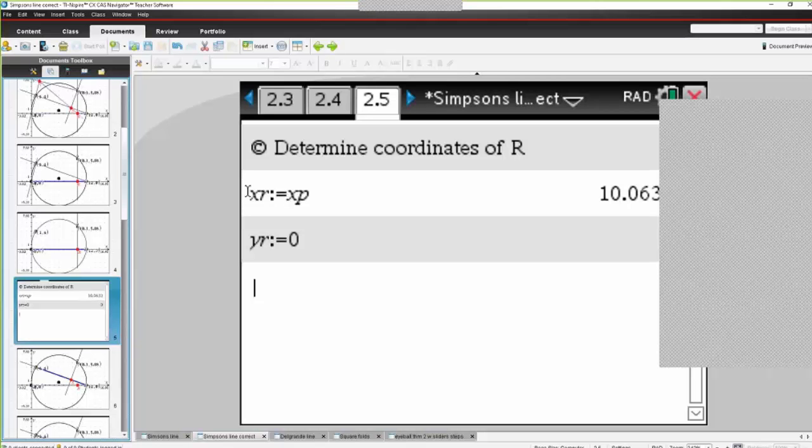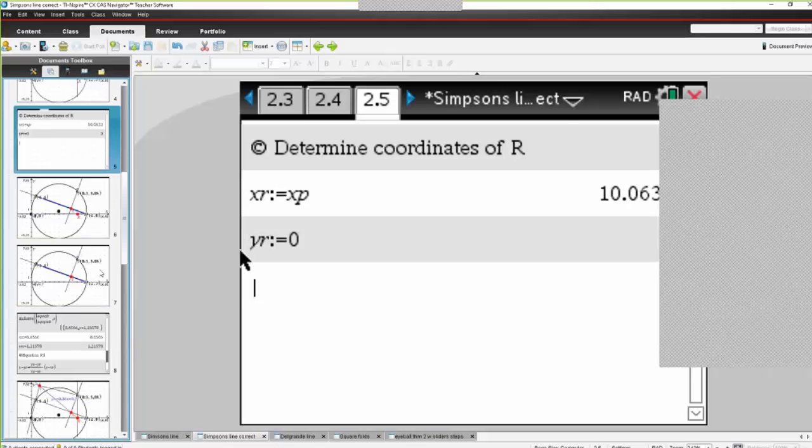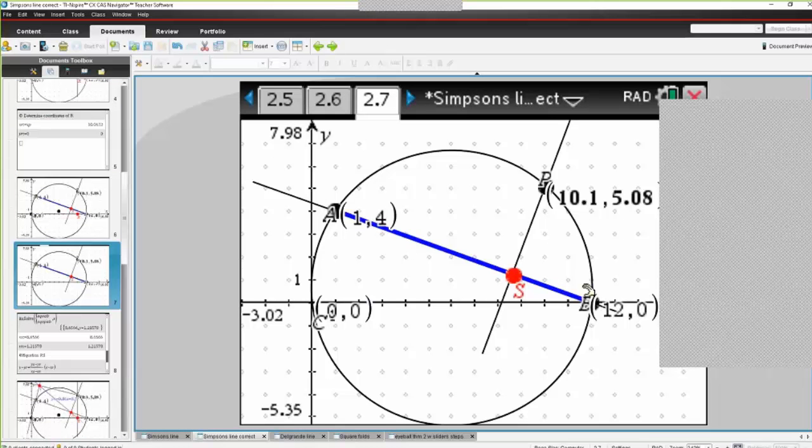The next one, however, is a little bit more complicated. Let's go to this one, and this time we're using the side AB. We've got the point P, and we need to get the coordinates of the point S. So using the CAS, now I just need to find out if this is